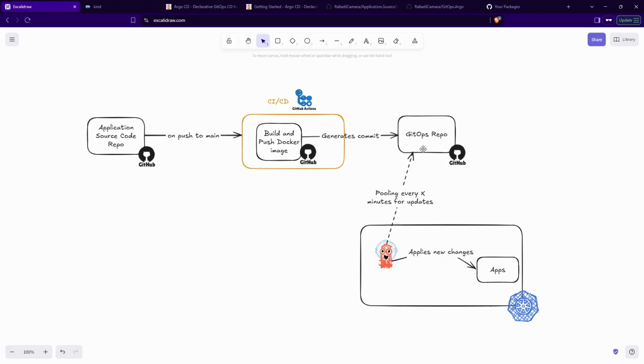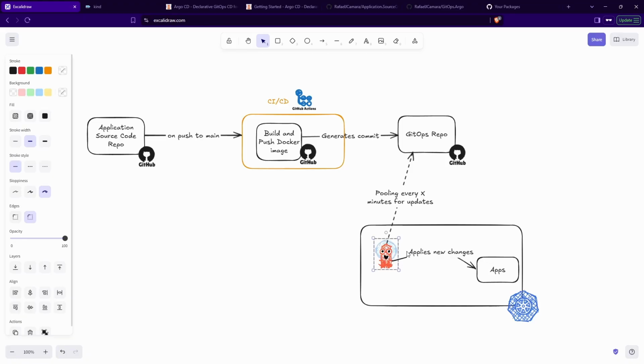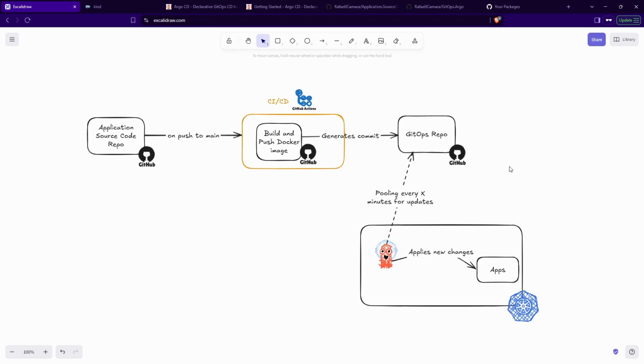Let me deploy it. Okay. And so your agent, once it checks that it has new changes to deploy, it will apply those changes. Of course, in the case of ArgoCD, we can configure it not to apply and then have a manual intervention. But if you want to use this continuous delivery mindset that Argo has, so normally you should have this